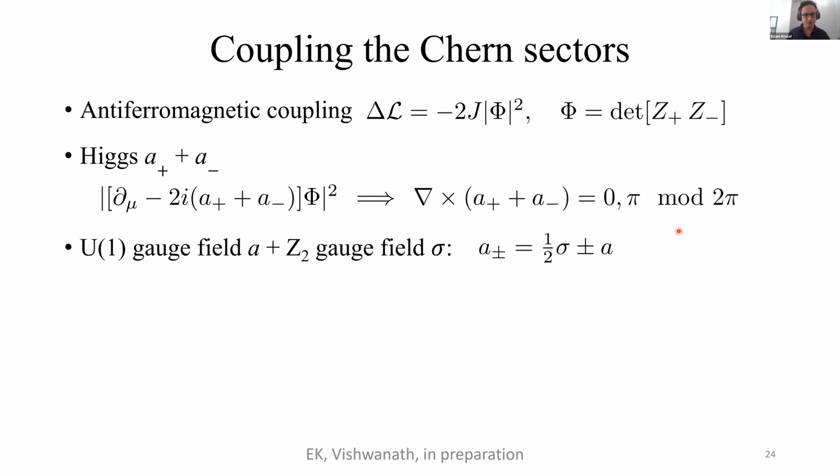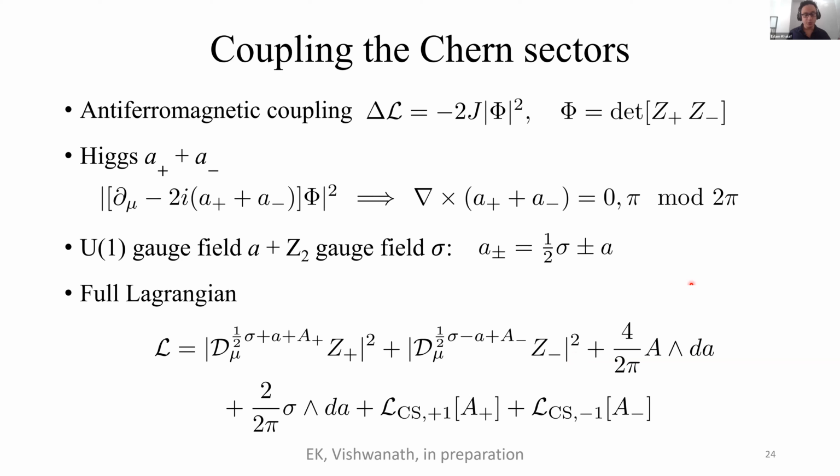So we can get rid of this A plus A minus by introducing a U1 gauge field plus a Z2 gauge field. And then the full Lagrangian has the following form. So this mutual Chern-Simons term now has a prefactor of 4, which is important. In the previous case, it had a prefactor of 2. And we also get this extra mutual Chern-Simons term between this Z2 gauge field and the U1 gauge field. And unlike in the CP1 case, we cannot really eliminate one of the Zs in terms of the other. So we have to keep both variables. But because of time reversal symmetry, we will assume that the potential that gives them expectation value is the same. So they either condense together or uncondense together.